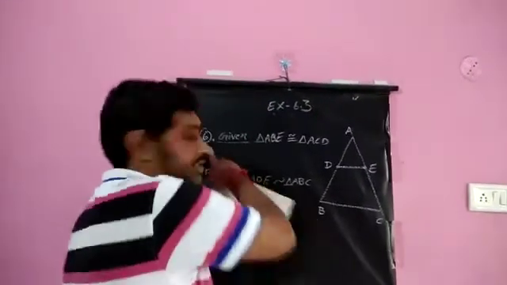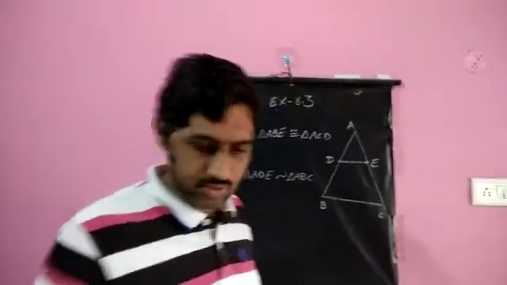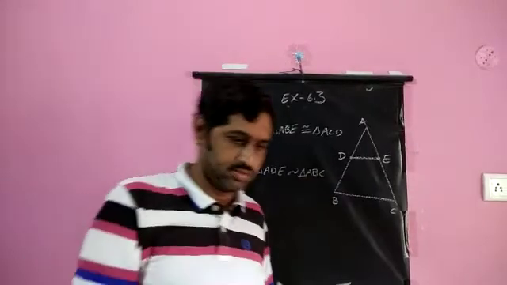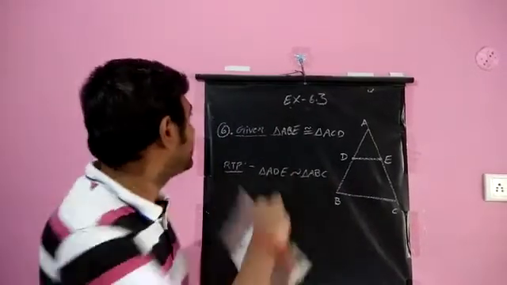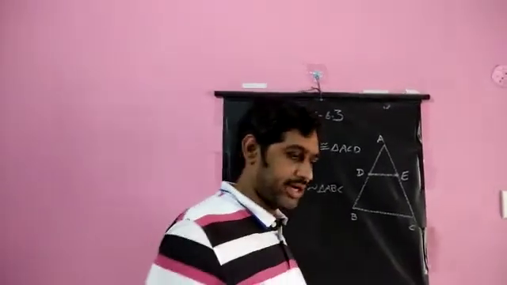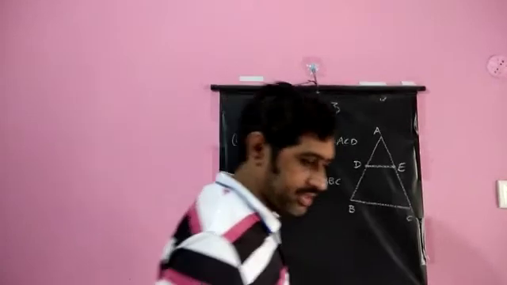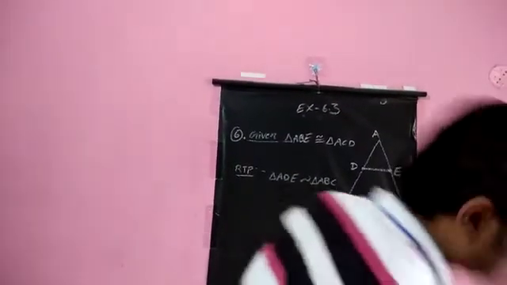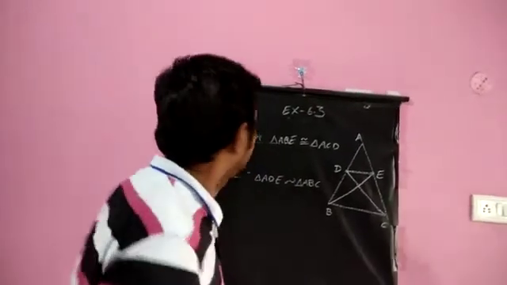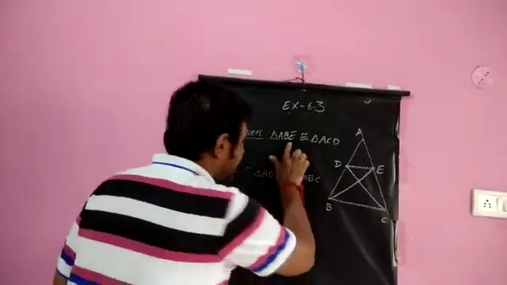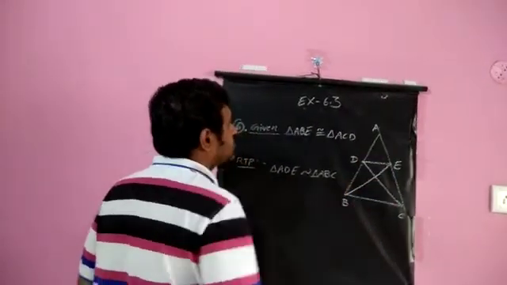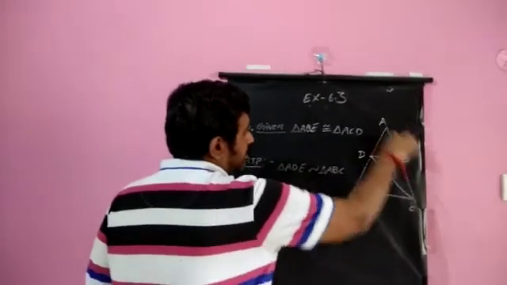Then when we continue, the next one is question number 6. In your textbook, question number 6, the figure 6.37 is given to us. If triangle ABE is congruent to triangle ACD, show that triangle ADE is similar to triangle ABC. In this figure, CD is also joined, as well as BE. Now to see the given things, here triangle ABE is congruent to triangle ACD.